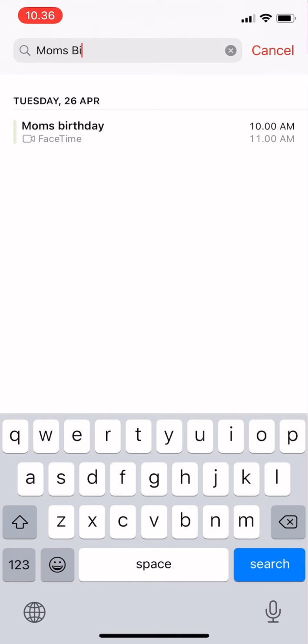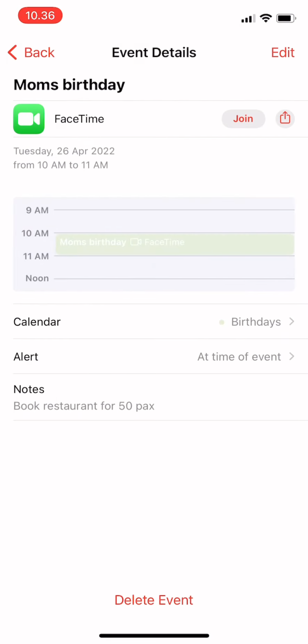I can just tap on it and then the details are there, so I don't have to look at the date one by one to find a specific event on your calendar's reminder